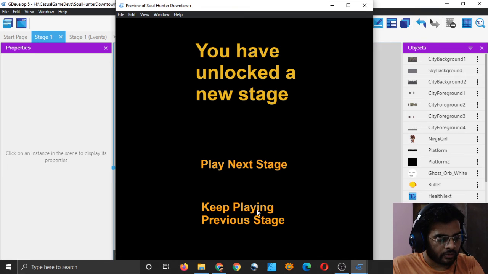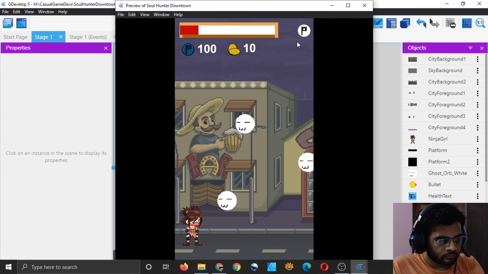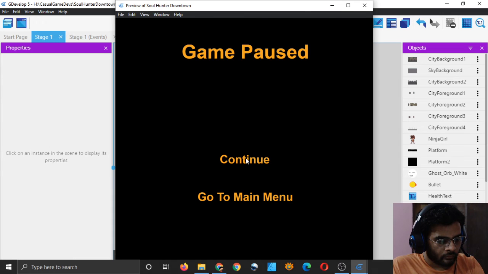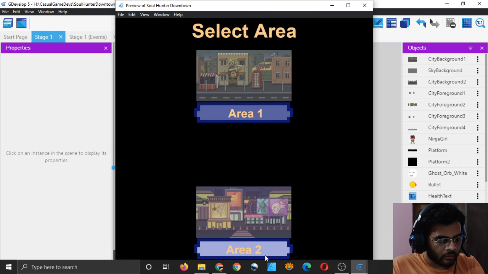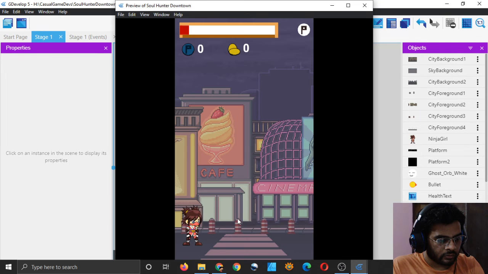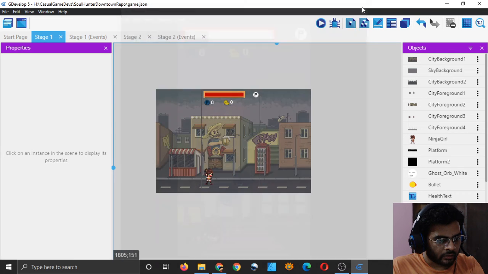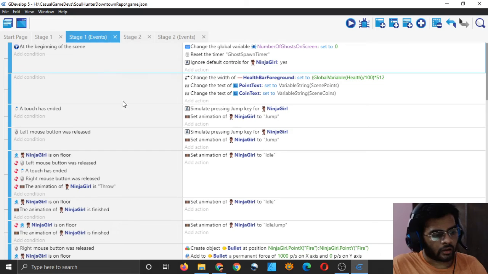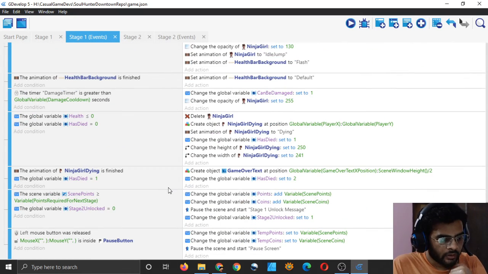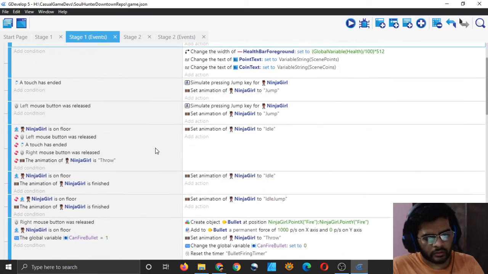No, keep playing previous stage. Go to main start. See that my area 2 is locked. Area 2, just to test it's working. Health is also being reset back to 0, which should not be the case. Let's fix that.